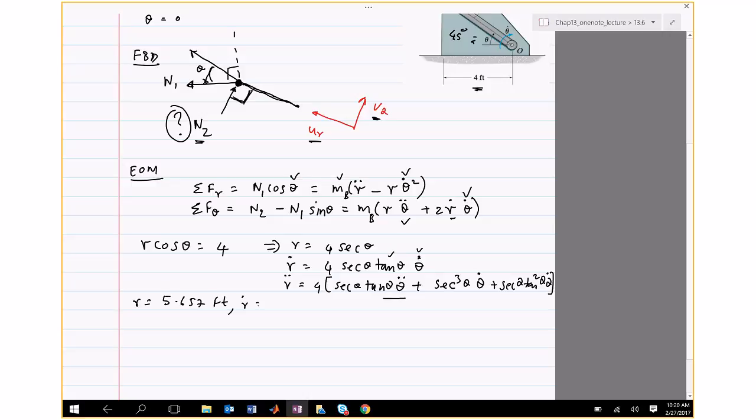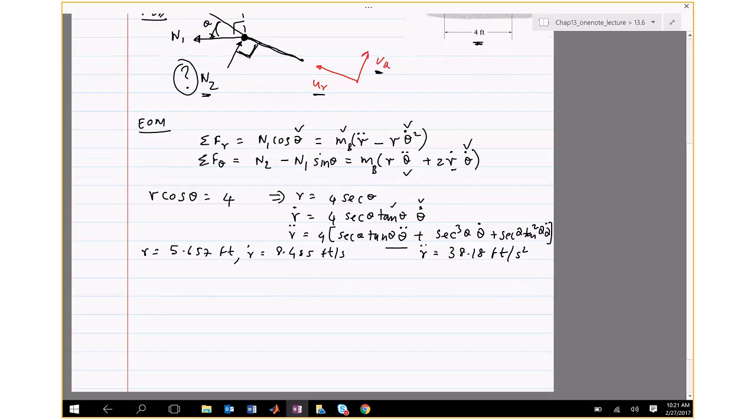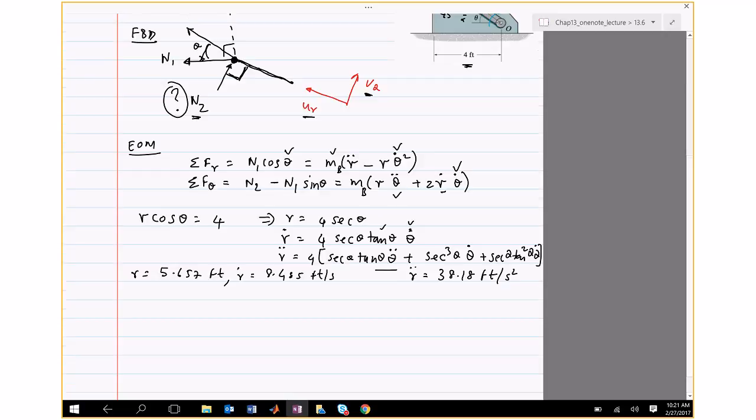R dot comes out to be 8.485 feet per second, and r double dot is 38.18 feet per second squared. And then if you use these values in this, then N1